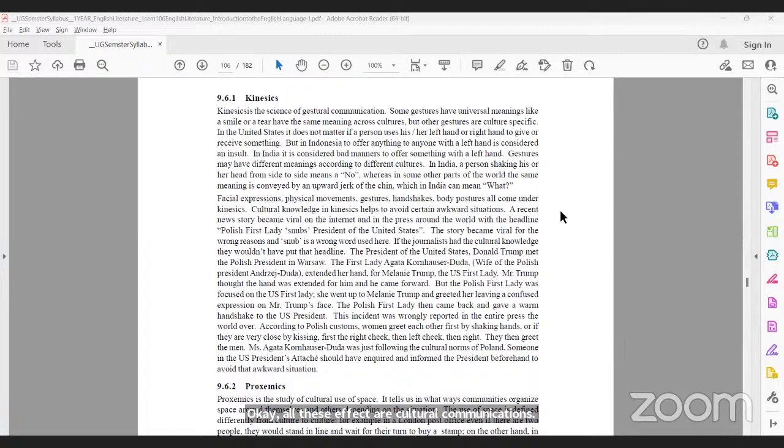Communication is being affected by all these kinesics. As for example, let me tell you one example. We have one particular tradition. Tradition means that's part of our culture: whenever we meet a stranger, either we will offer him a salam or namaskar, or we will simply put our hands together to pranam them. Right? This is our culture.